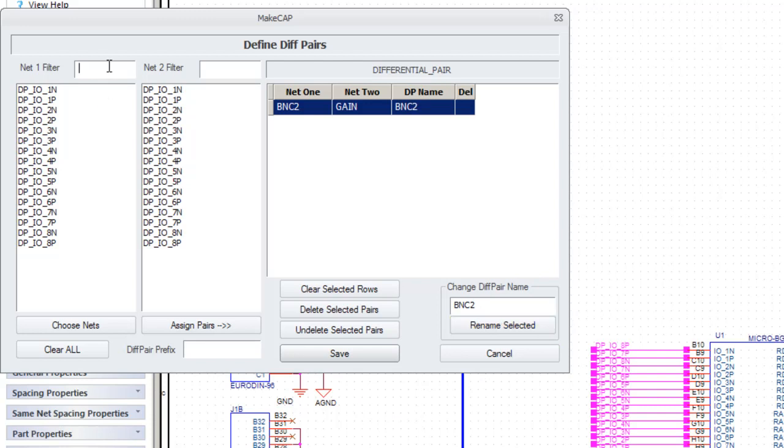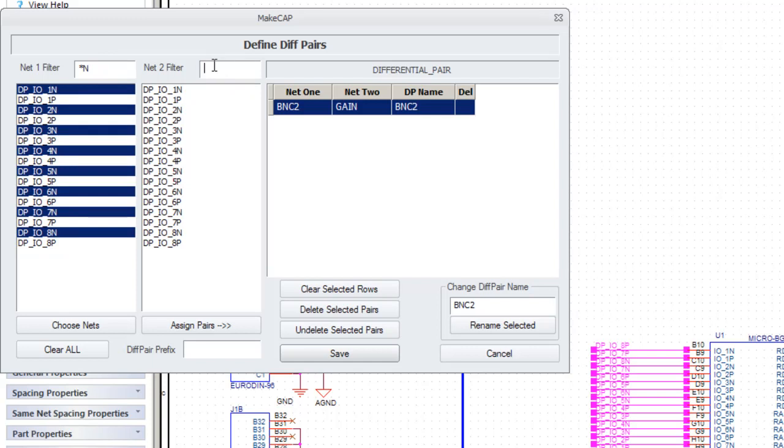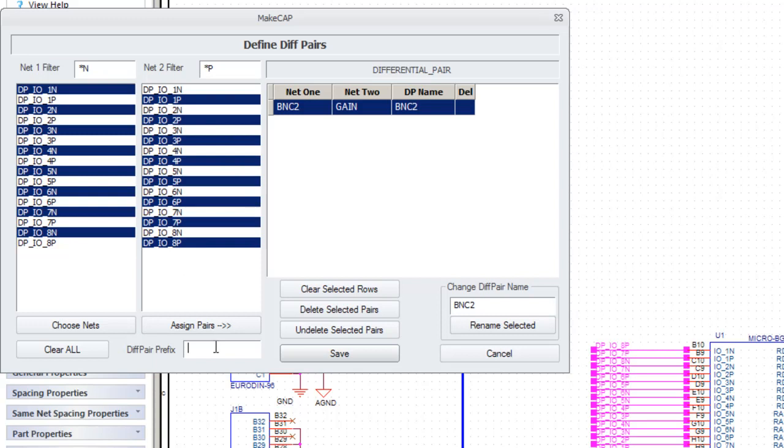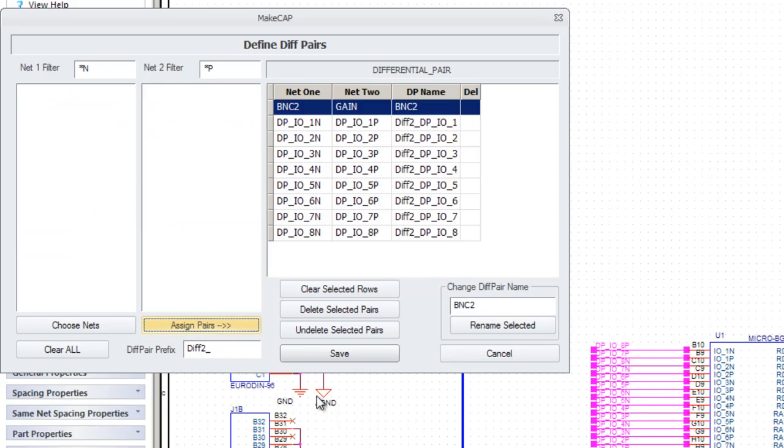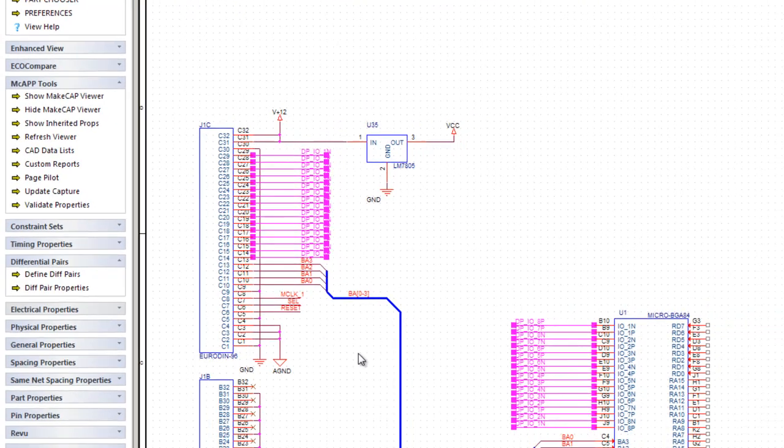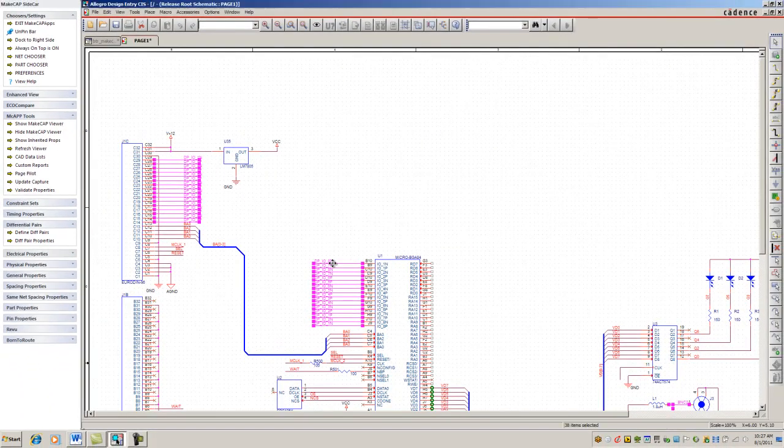And I'm going to use my wildcard capabilities to create pairs out of the remaining nets using *n and *p and give those a prefix and assign pairs. And when I do a save, the screen will close and they've been updated directly to the